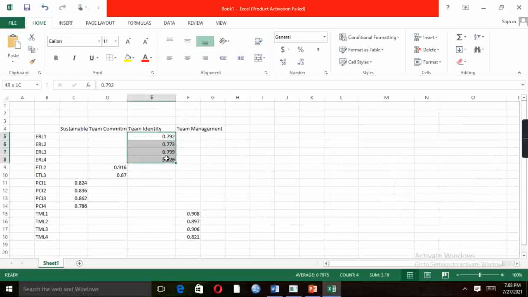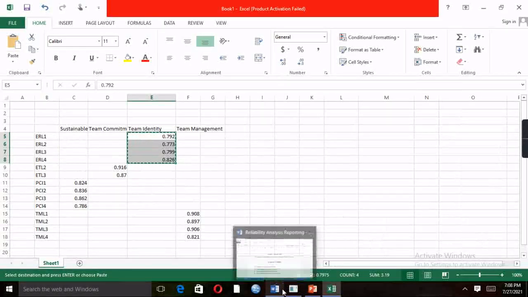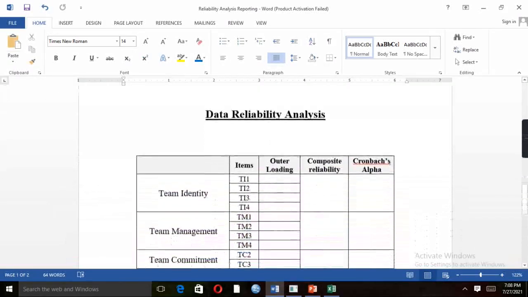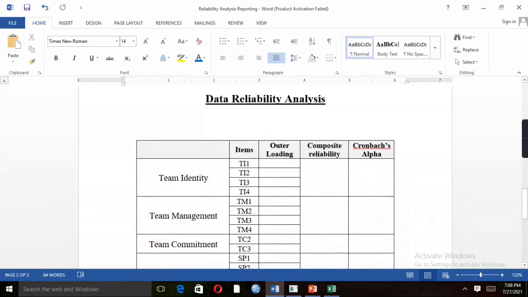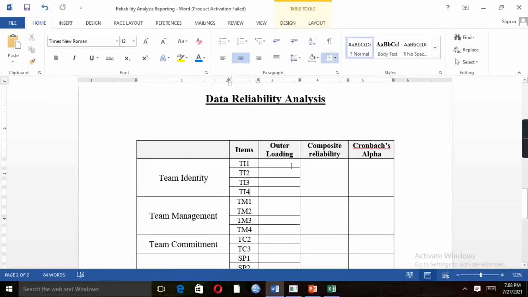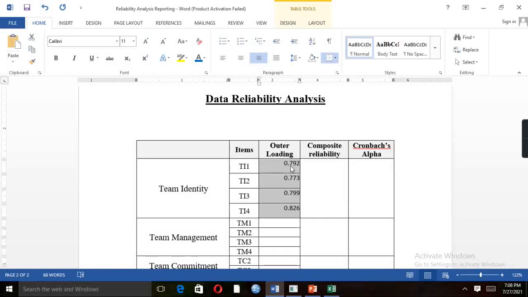So these are the 4 items of the first variable, which is team identity. Here we are going to perform data reliability analysis. These are the 4 items of team identity and these are the loadings.